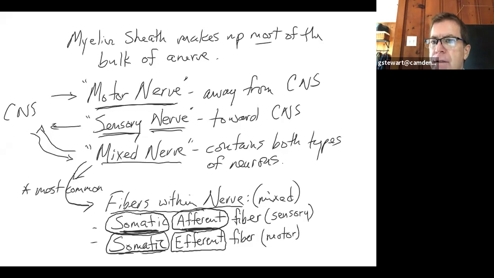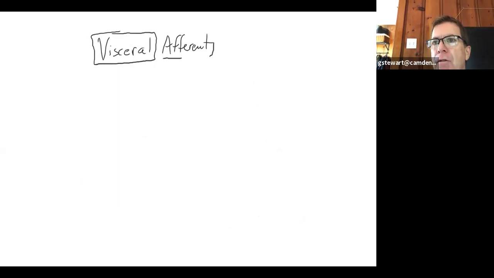And then, sorry about going to a new whiteboard, I'm still talking about fibers within a mixed nerve. We would also have fibers called visceral afferent. Let's just break this down. Visceral means not skeletal muscles. This usually means involuntary organs, vessels, or glands. Afferent is a directional term meaning going toward the central nervous system. So these fibers would be sensory,